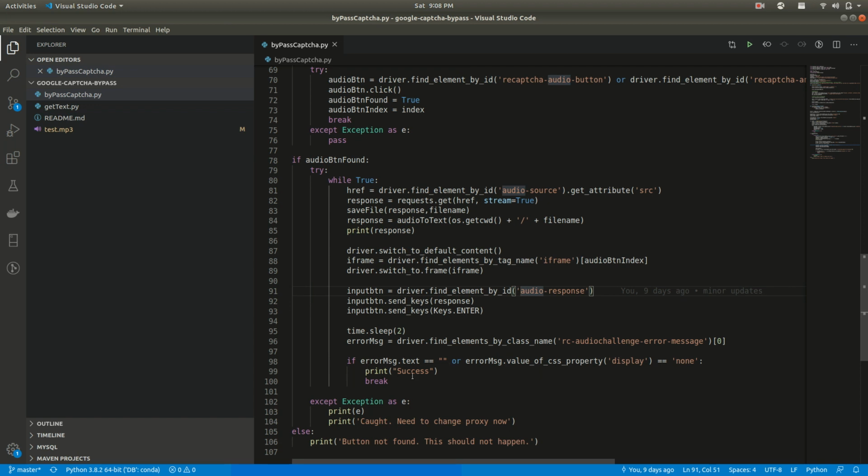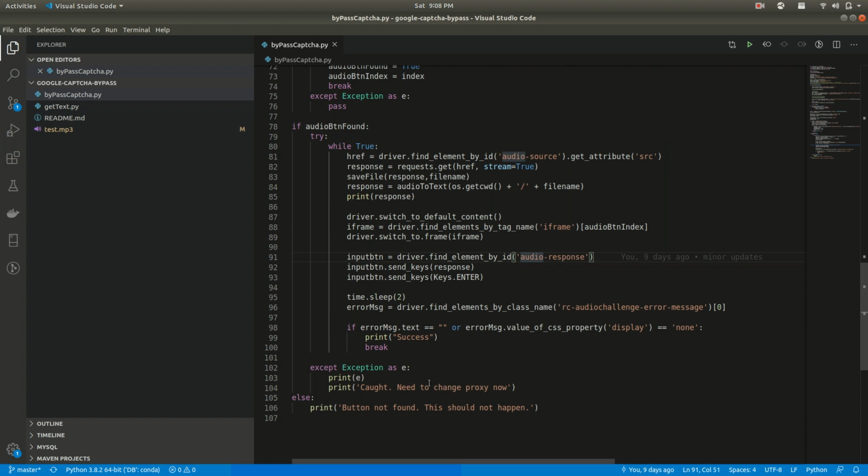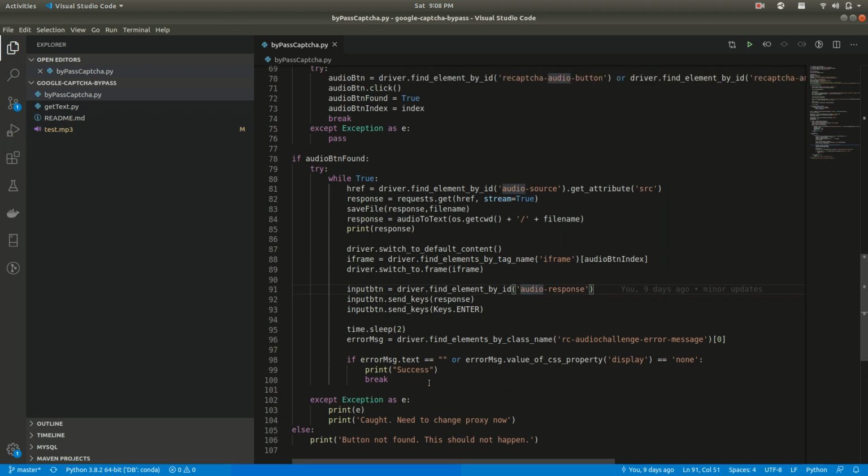I would also like to say, sometimes this particular step fails. This generally happens when we try this method 3 to 4 times, and in that case our IP is blocked by Google, and due to that we are not able to bypass this. For that purpose this script will fail, but there is another method which I have discovered, and we'll be seeing that in the next video. We'll be changing our IP address frequently, so we are not tracked by Google, and we are not blocked by this mechanism.